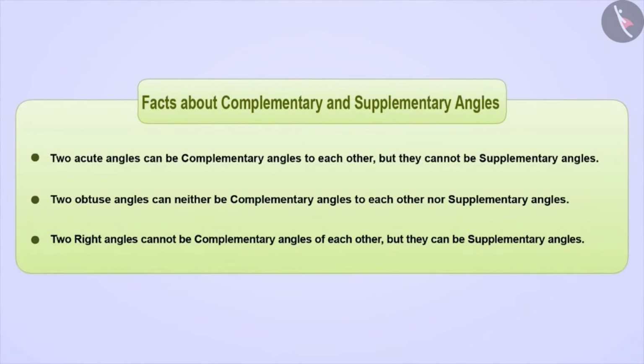By identifying the correct and incorrect statements, you would now know that two acute angles can be complementary angles of each other, but they cannot be supplementary angles of each other. Two obtuse angles can neither be complementary angles nor supplementary angles of each other. And two right angles cannot be complementary angles of each other, but they can be supplementary angles. So today we have seen examples